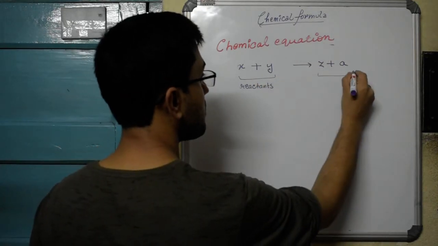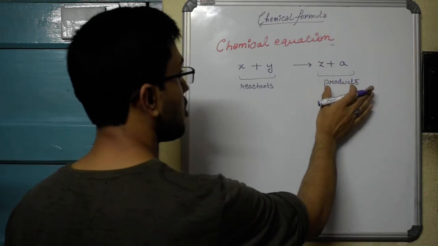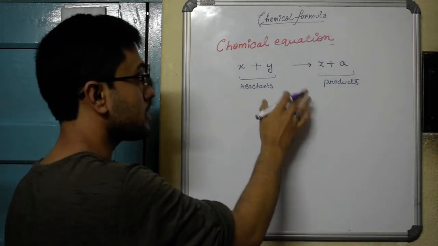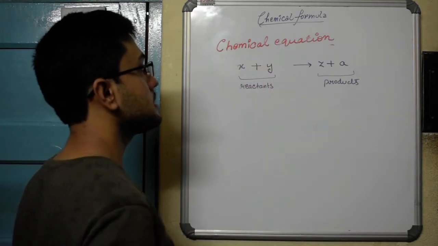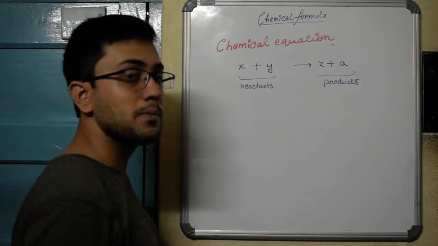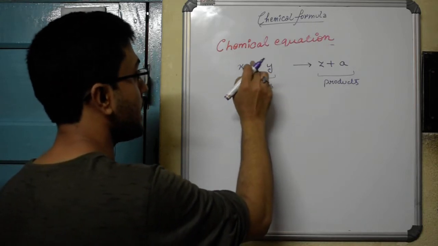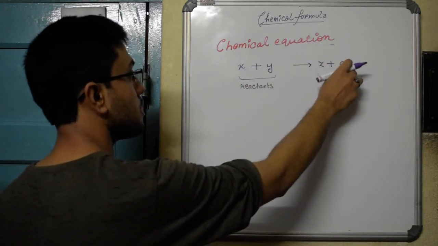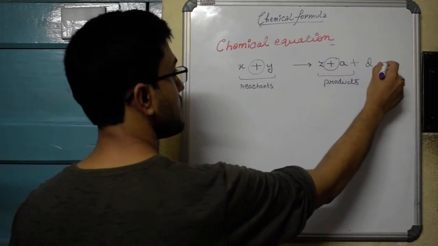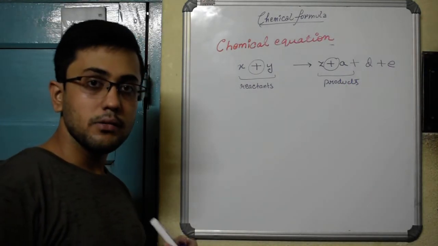The second thing I have to keep in mind is that on the right hand side of the arrow I always place the products of the reaction. The products cannot be on this side. Products have to be on the right hand side, reactants on the left hand side, and they have to be separated by this arrowhead, the direction representing that the reaction is yielding these products when these reactants combine. And every different reactant and every different product is separated by a plus sign between them. If there is more product, I will give another plus, and so on. This is the basic idea about a chemical reaction that you should remember.